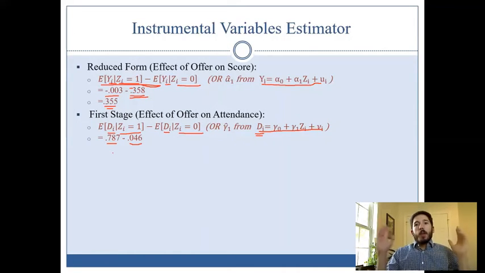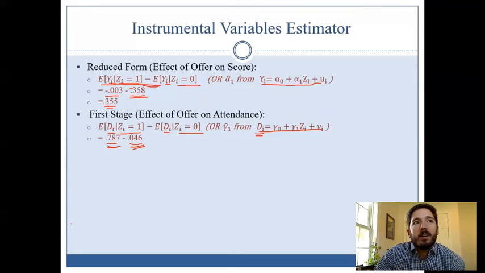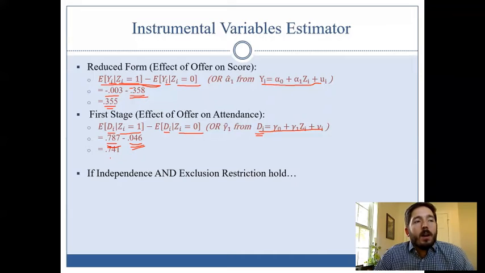So if we had a perfect randomized controlled trial, we'd have the same thing going on, but this would be a 1, and this would be a 0, right? If there was perfect compliance. But we have a situation where there's not perfect compliance, so that's where IV is going to come in handy for us, right? So we got a first stage effect of 74, or 74%, right? So if our independence and our exclusion restrictions hold, which probably do in this case,